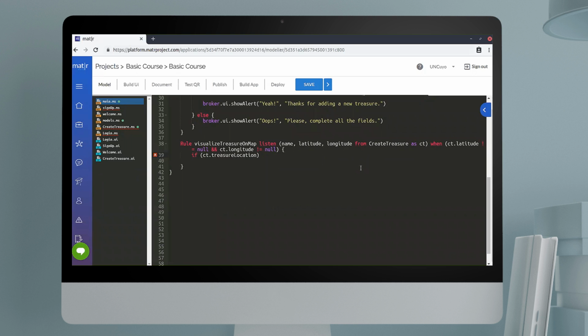If (ct.treasure_location_in_map.size() > 0) { ct.treasure_location_in_map.removeAll() }